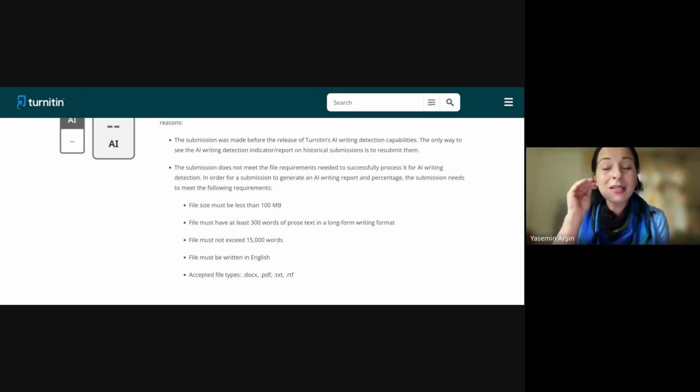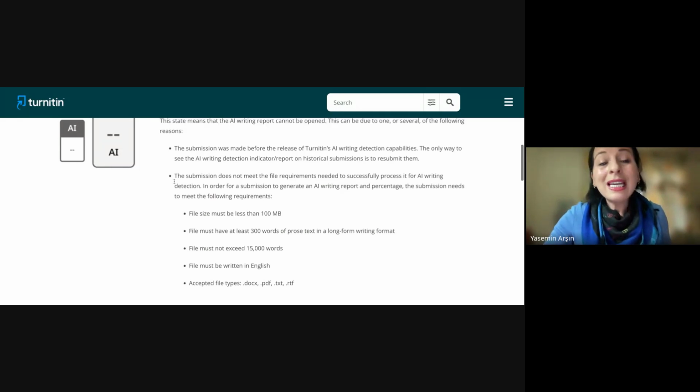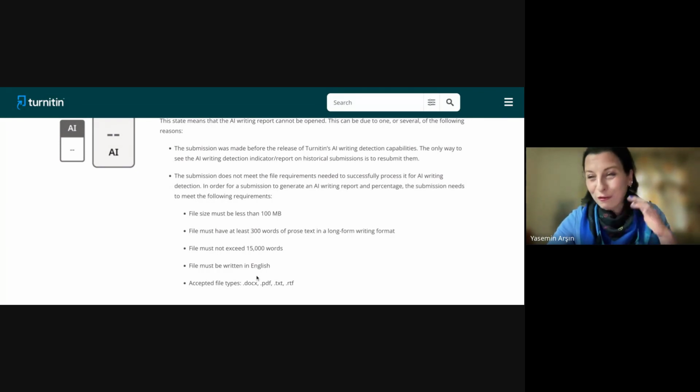And our engineers at Turnitin are doing their best to increase this word count so that you don't have to divide the paper into different parts. But right now, if the paper exceeds 15,000 words, you will see the AI box in gray, which means it doesn't work. And the file must be written in English. This is the first requirement. And accepted file types for the AI detection are docx, PDF, TXT, and RTF.